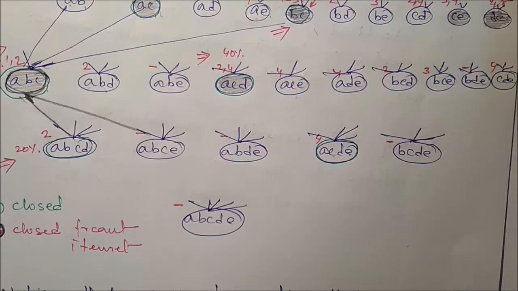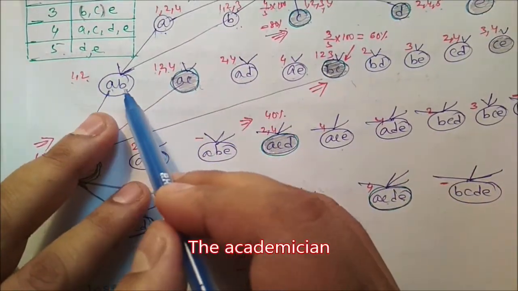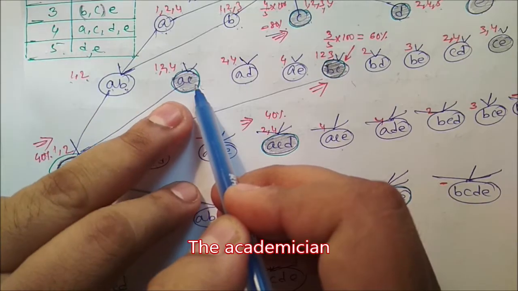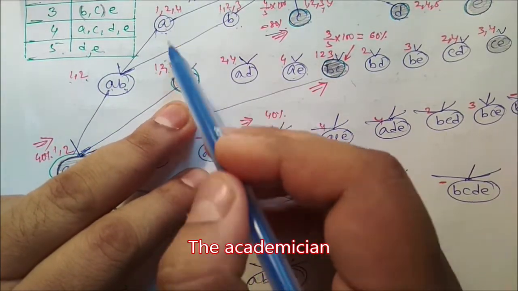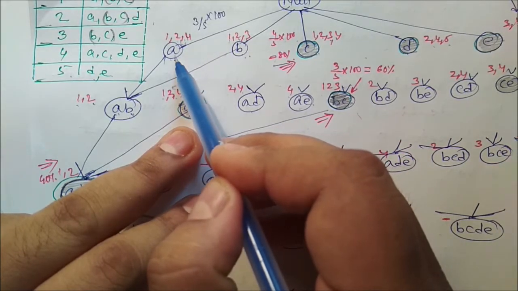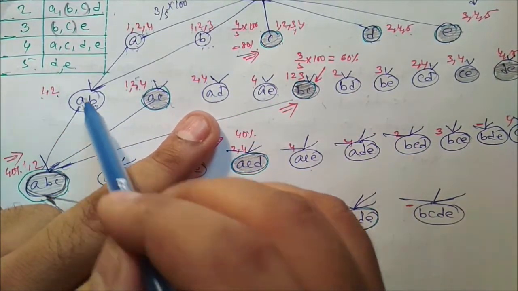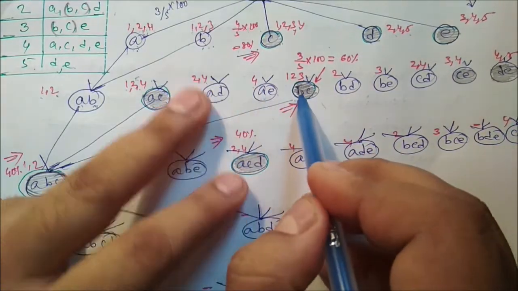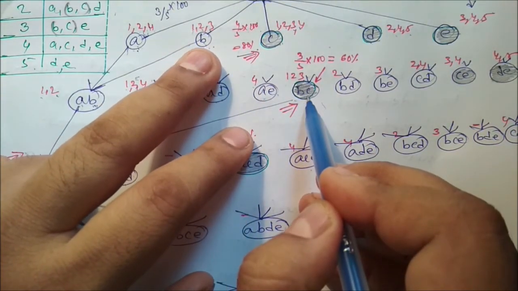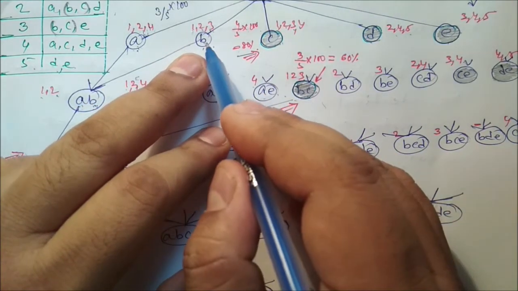Now we can see what is the closed item set. X is not a closed item set if at least one of its immediate supersets has the same support count. We can see A, so AB, AC. So AC is what? A superset of A. So both support counts are the same, that means A is not a closed item set. Similarly B, you can see B, so AB 2, then BC 3. So the superset of B is what? BC. Here the support count is 3, here also 3. So both are the same. So B is not a closed item set.